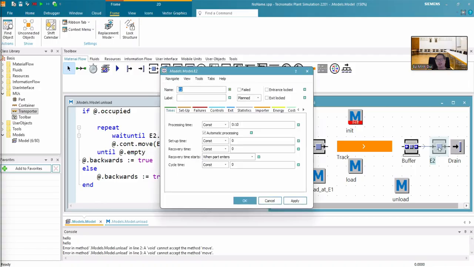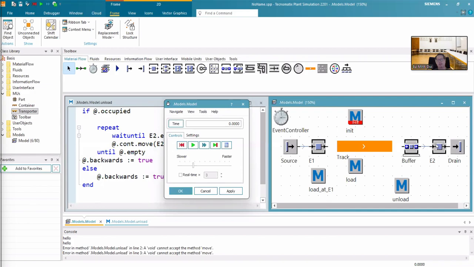So imagine that if the processing time of the E2 is not 10 seconds, but 30 minutes, and you have a truck of 100 work pieces, okay? And then they cannot wait for 100 pieces at 30 minutes each. So it means more than 50 hours, okay? So if I have the buffer here,